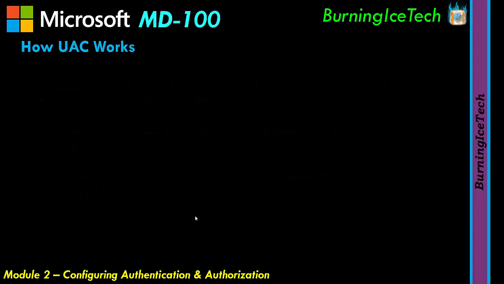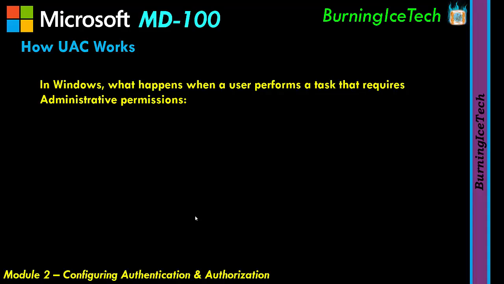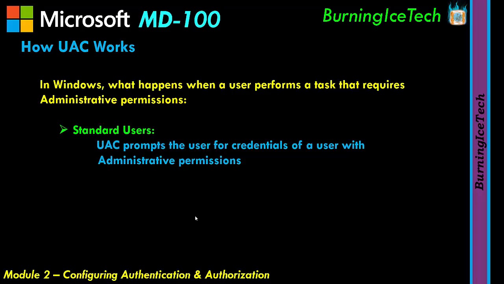Now, how UAC works in general is, in Windows, when a user performs a task which requires administrative permissions, generally speaking, it's going to either ask for a password or ask you whether you're sure you want to do the following action, depending on whether you're a standard user or an administrator. So for standard users, UAC prompts the user for credentials of a user with administrative permissions. So if you're logged in as a standard user, not sure why you would be,